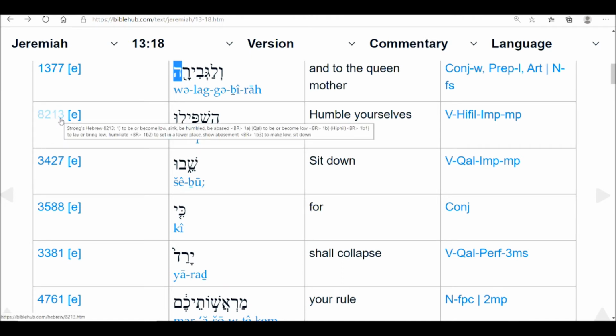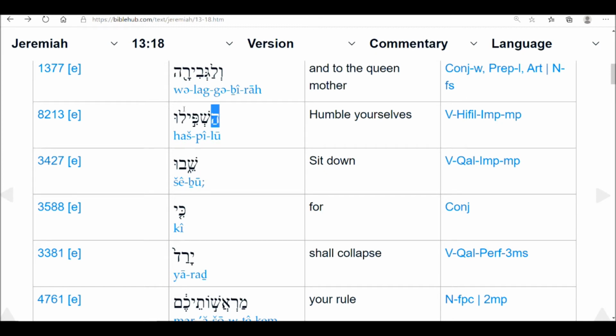Become low and humble. This is to abase yourself. This is to go low. You can see in this word that we have the hey on the prefix, and then we have a yod in the heart of this word, and a vav on the suffix. So that would be the revelation or the breath. Humble yourself, become the living breath is what it's saying, that this individual is teaching as the breath out of your mouth. Inhalation, exhalation. Alef is inhale, hey is exhale.